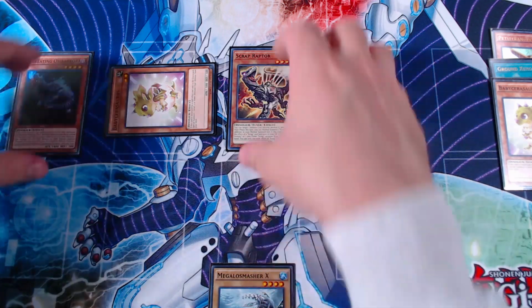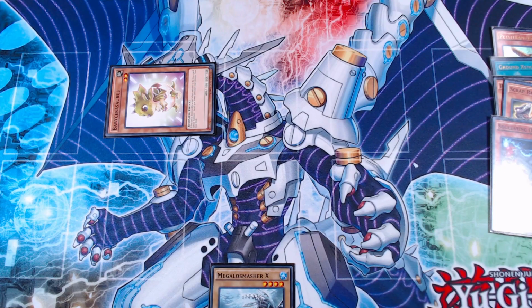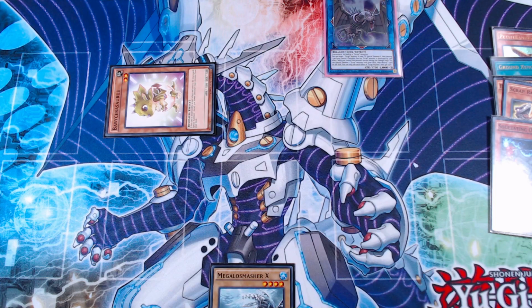We're now going to link the 2 copies of our level 4s over here, our Raptor and our Oviraptor, and both the Raptors I should say, into our copy of the Scrap Wyvern. Wyvern is very important for this combo. Moves a little bit lower so you can see it better. This card is insane. Here we're going to use this effect, targeting our Scrap Raptor in our graveyard to special